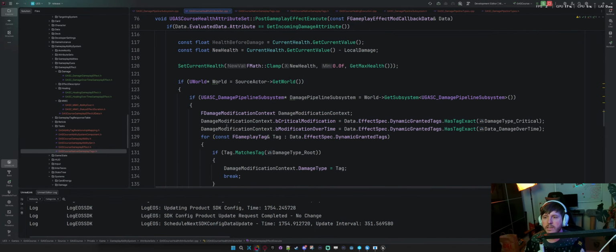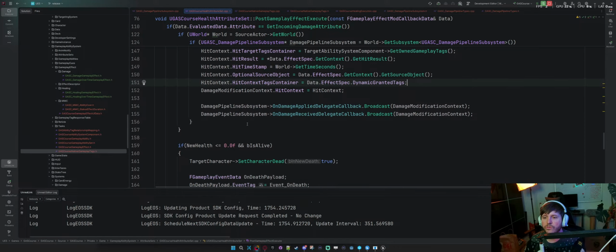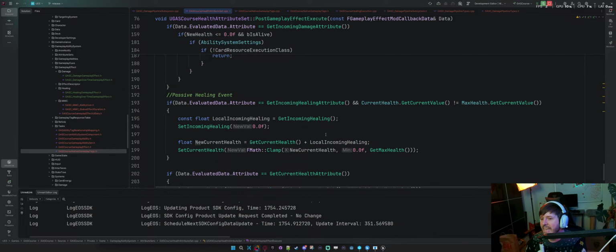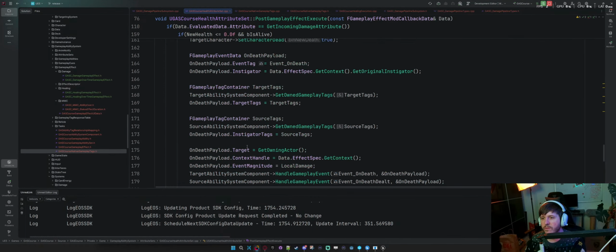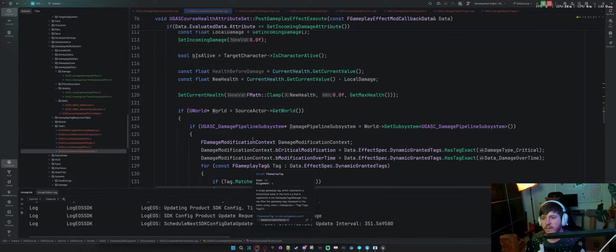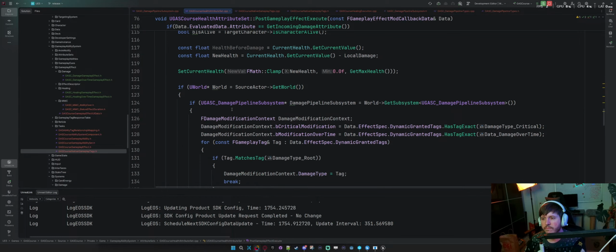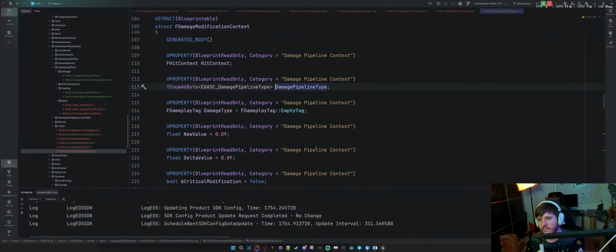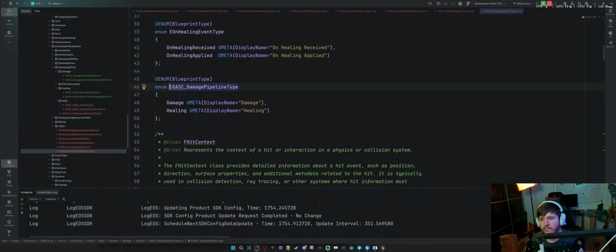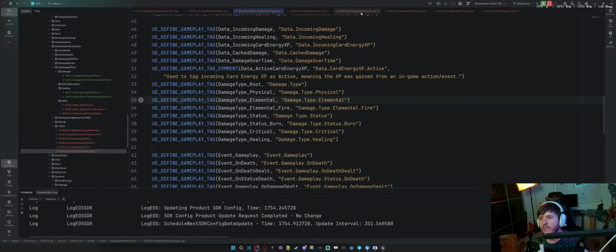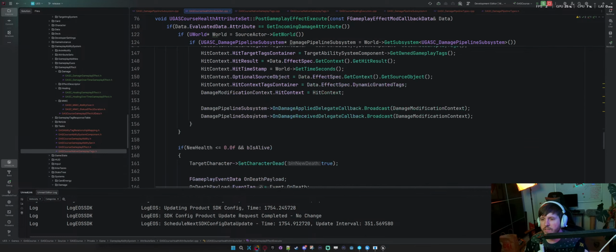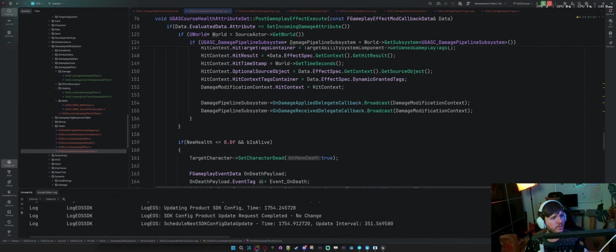And then we do the broadcast, right? Now I feel like all of this would then go down in the healing event too. And that's where my kind of concern is, you know? For now, maybe I can ask ChatGPT or something to refactor it, because I'm not 100% sure how to refactor this.